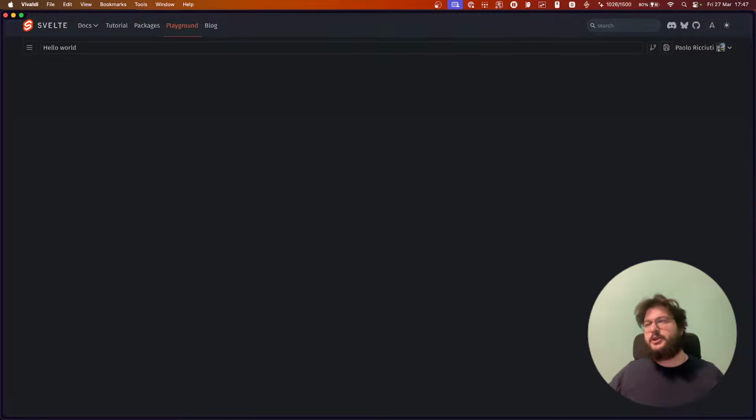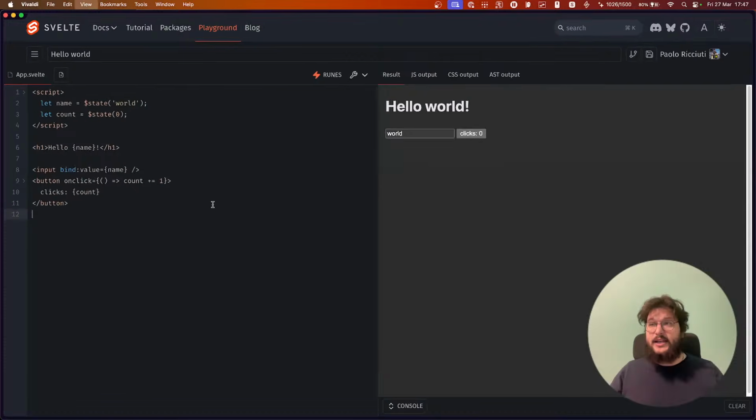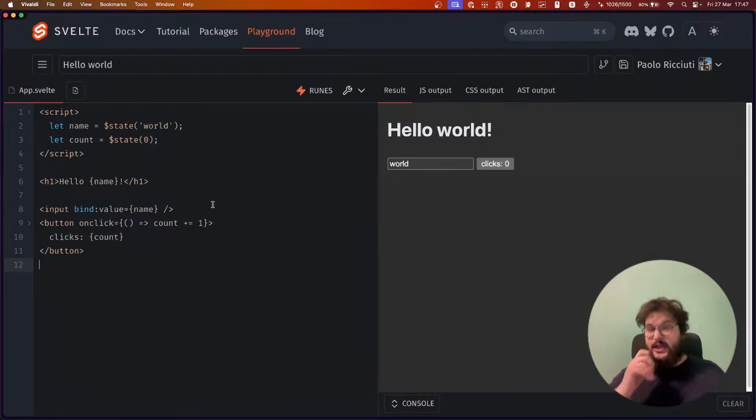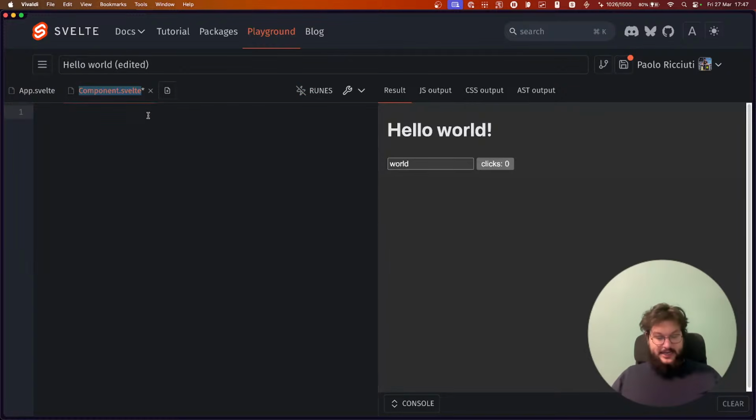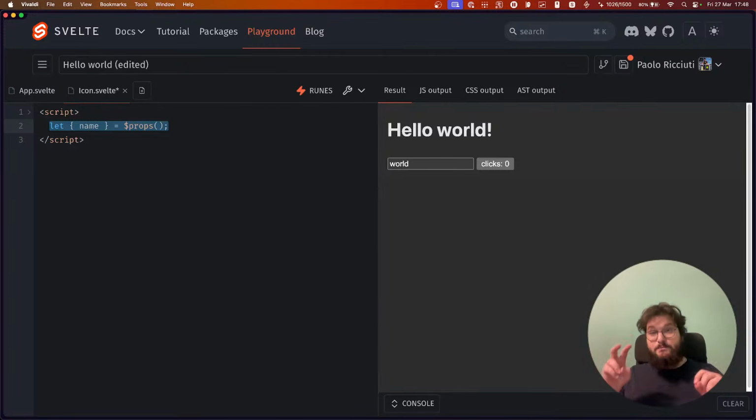I guess I can't, because one of my favorite components, something that I wanted to build and I couldn't, is the ability to import, let's say, an icon.svelte component, and in that icon.svelte component, you could say something like let { name } = $props(), so you get the name of the icon, for example, and then based on the name you fetch the relevant icon.